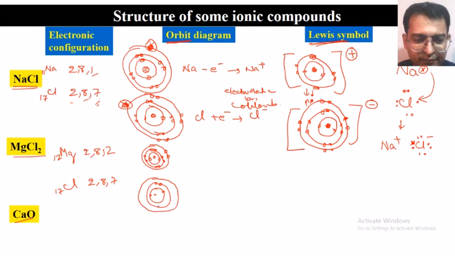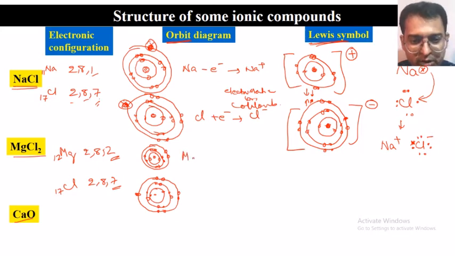So each time we are making this, it appears to be very cumbersome, always making so many circles. Okay, 1, 2, 3, 4, 5, 6, 7. So here how many are there? 2 electrons are there in the outermost valency shell. Here there are 7. So what is going to happen if there are 2 electrons? It is going to lose the electrons.